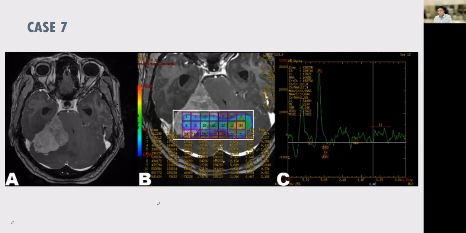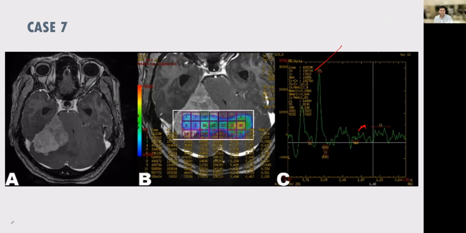Okay, somebody was really enthusiastic in knowing what is this extra-axial lesion and what peak you would like to get in this extra-axial lesion. So cellular lesion, choline is really elevated, and you're getting some random